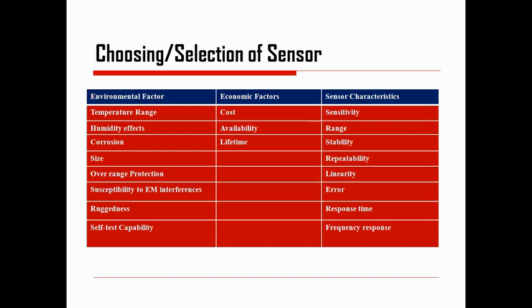Another thing you have to consider is that the environmental change in temperature should not affect the response or output of the instrument that has been designed. So environmental factors must be considered while selection so that they do not affect the sensor, transducer or instrument. So first parameter is temperature range. In the room condition or room temperature, it should